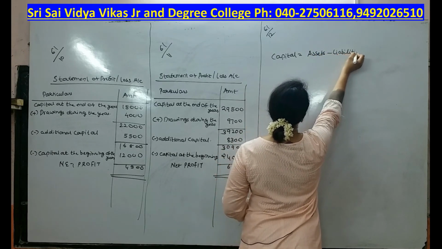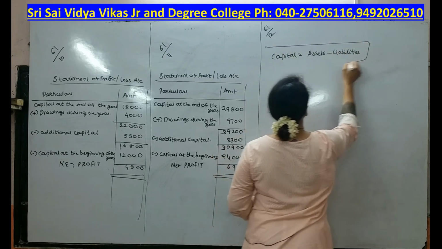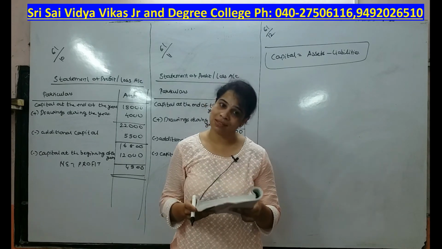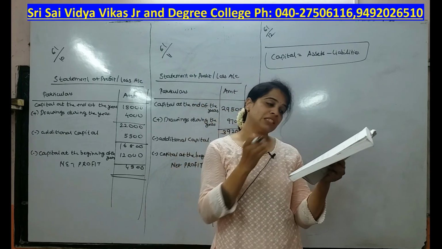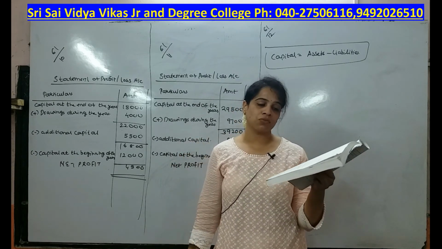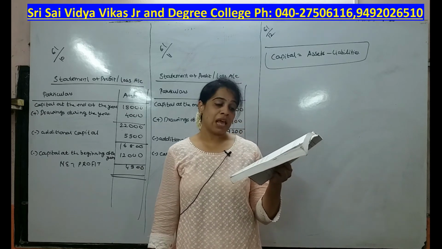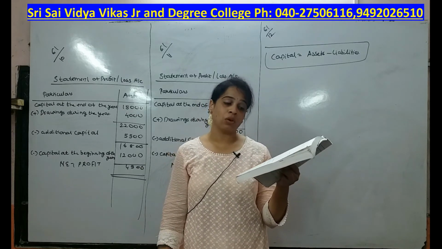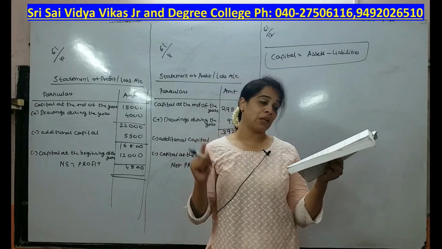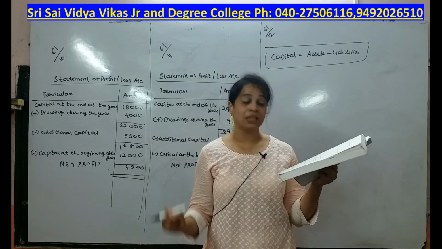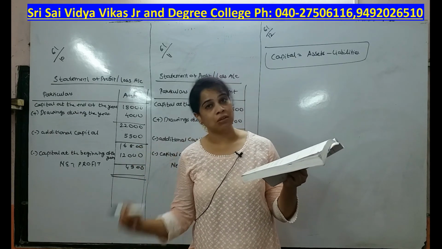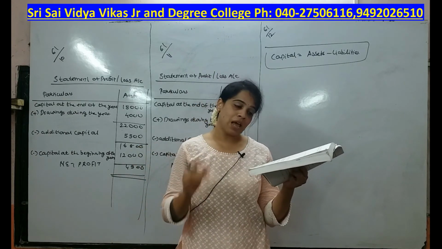Here we got one formula. In later sums we are going to use it. Copy it down somewhere: capital is equal to assets minus liabilities, right? Now see, excess of assets over liabilities is nothing but capital. On 1/4/2014 it is 56,000. Excess of assets over liabilities on 31st March 2015 is 73,000. It means capital as on 1/4/2014 will be capital at the beginning of the year, and capital on 31/3/2015 will be capital at the end of the year.